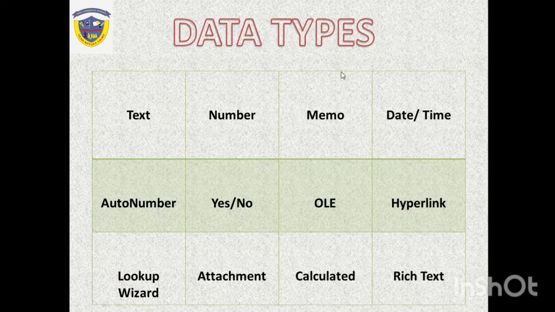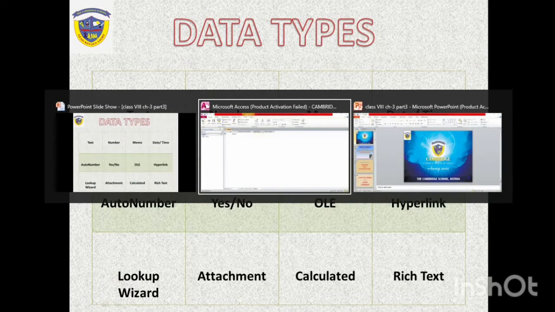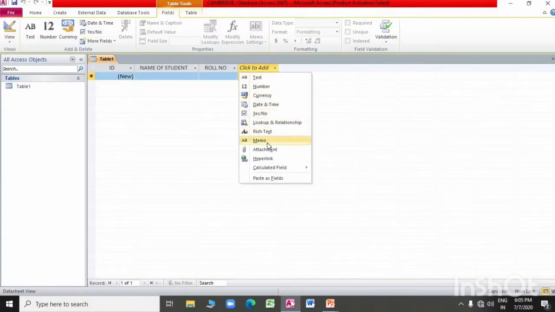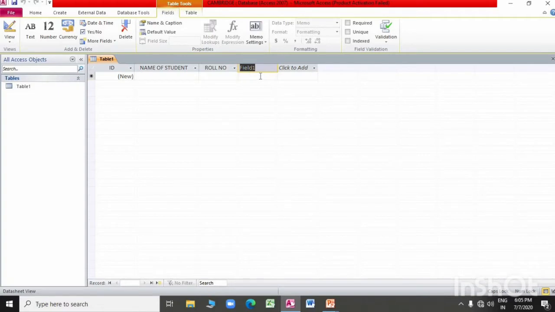What is memo? It stores text and numbers up to 65,535 characters. It is used for descriptive fields such as notes, comments, description, etc. Suppose we want to give remarks; it can be a long sentence or a short one.